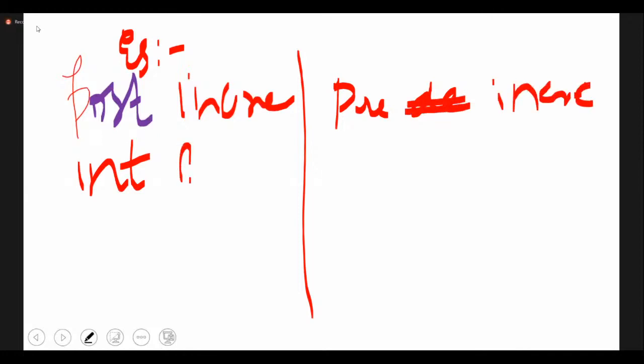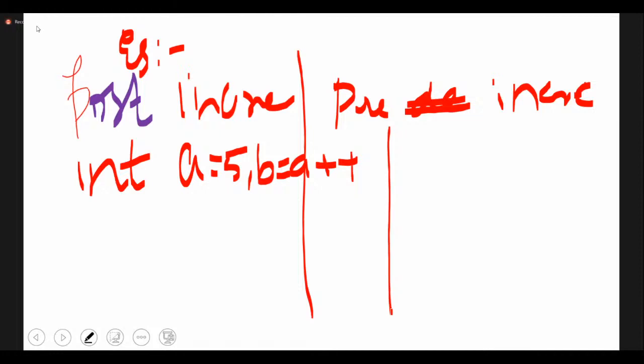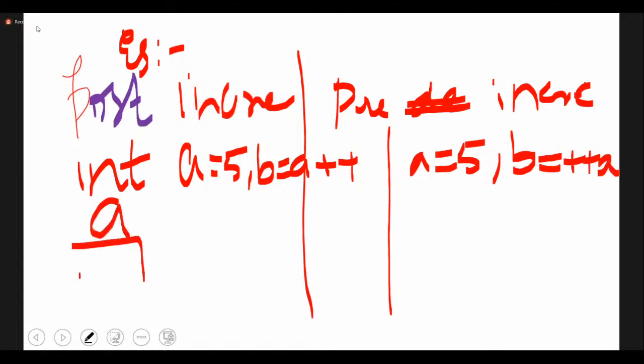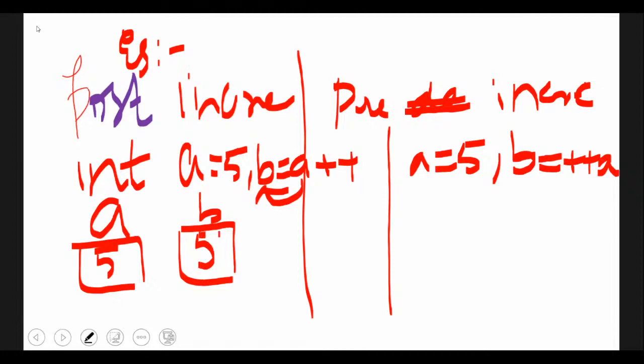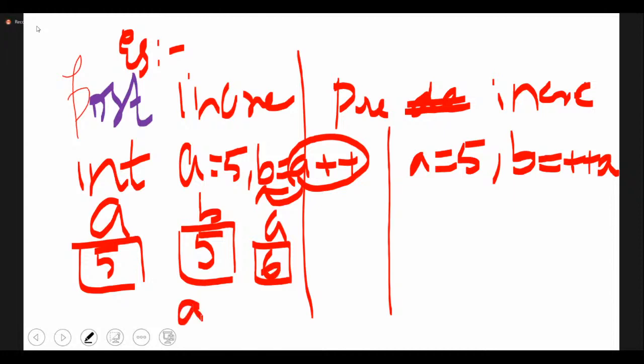Okay, int A = 5 and you want to find B = A++ is the first case. And here you have A = 5 and you are finding B = ++A. Now, as you show them clearly, the initial value of A is 5, and what is the value of B? First, the B value is assigned with A, so B will have 5. Later, the A value is incremented, so the new value of A is updated to 6. So in this case, if I print A, you get 6, and if I print B, I get 5.